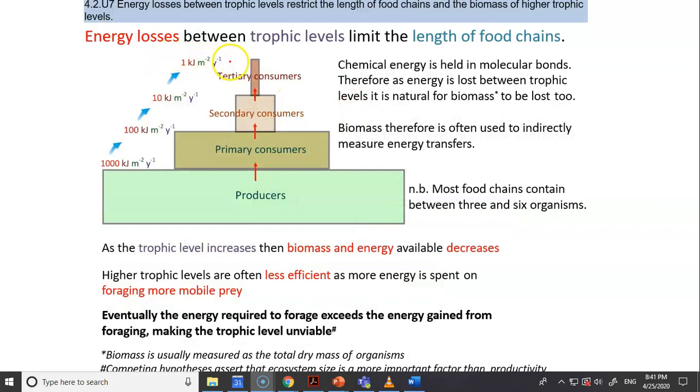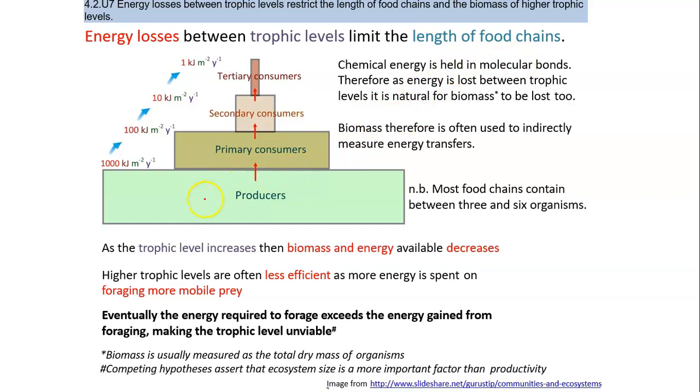The energy losses between trophic levels limit the length of the food chain. You will see that. Usually, nota bene, most food chains contain between 3 and 6 organisms. This is the average number of organisms in each food chain, starting from the producer, then primary, secondary, tertiary, and the final one. And why? Because